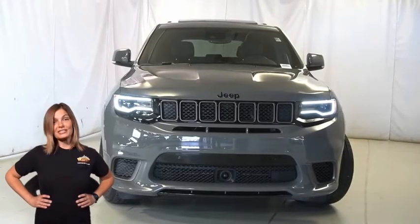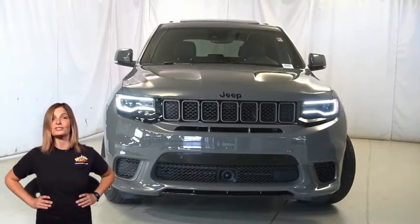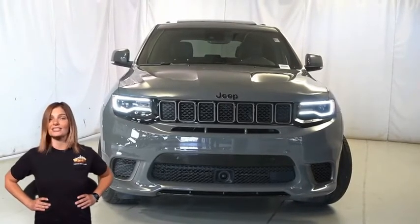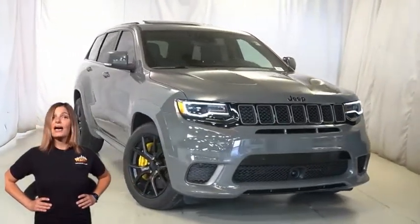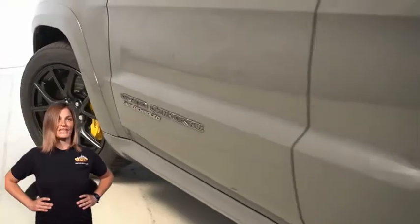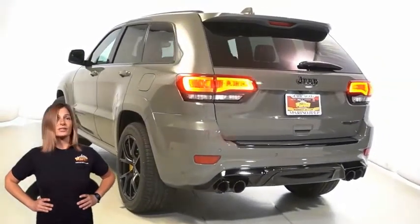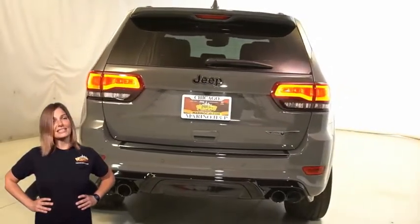Power, performance, capability, and capacity allow you to take this on new challenges and adventures. Take a look at this 2020 Jeep Grand Cherokee Trackhawk in Sting Gray. With BI-XENON HID headlamps, headlamp washers, 20-inch black satin aluminum wheels, Brembo 6-piston fixed front brakes, power heated mirrors, LED tail lamps, bright quad exhaust tips, Laguna leather performance seats, heated steering wheel,